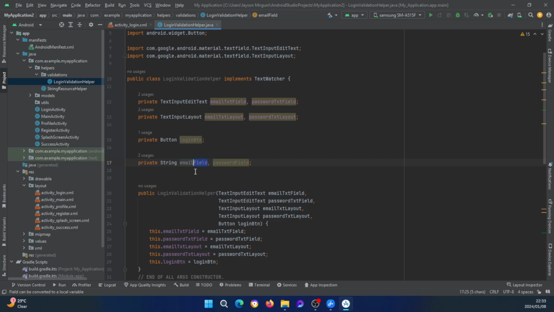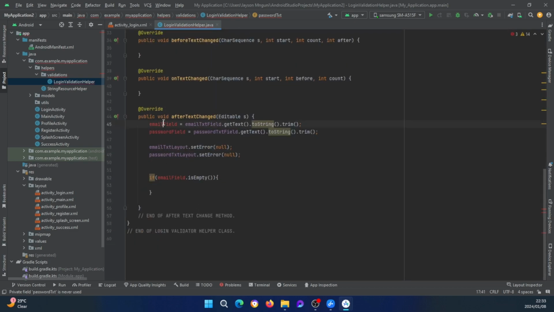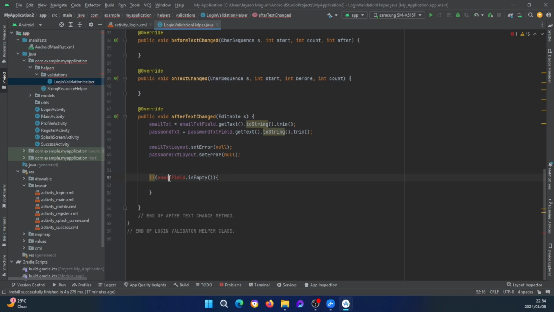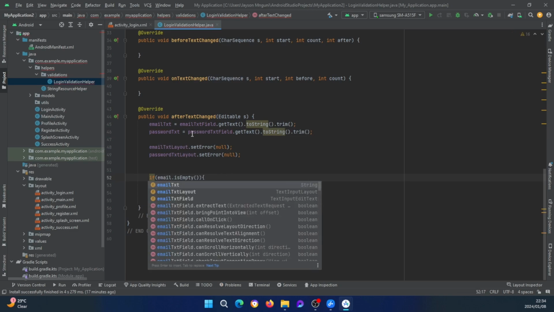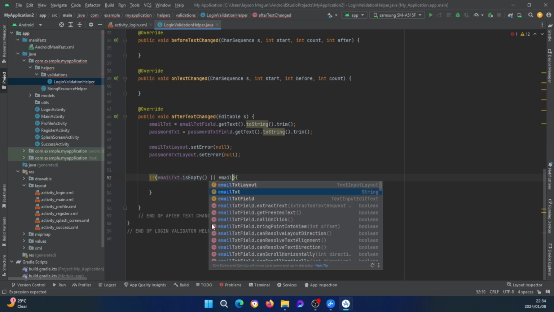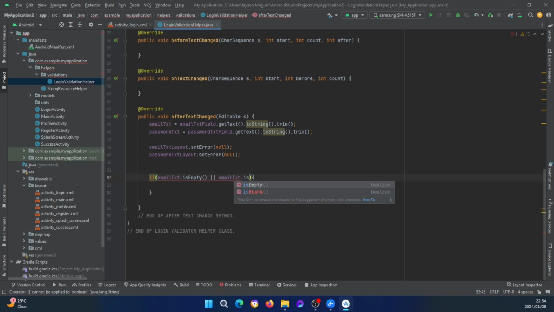Would it be easier to put it that way? Right, so let's name it that, email text, password text. So if the email text is empty, is blank,